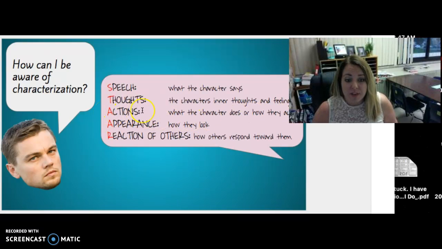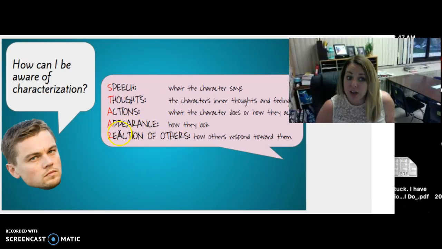For instance, if a character is always late, or if the character always forgets things, like Duffy, or if a character is very impulsive, they do things without thinking. All of those actions can help us understand more about who the character is. We can also use a character's appearance to infer